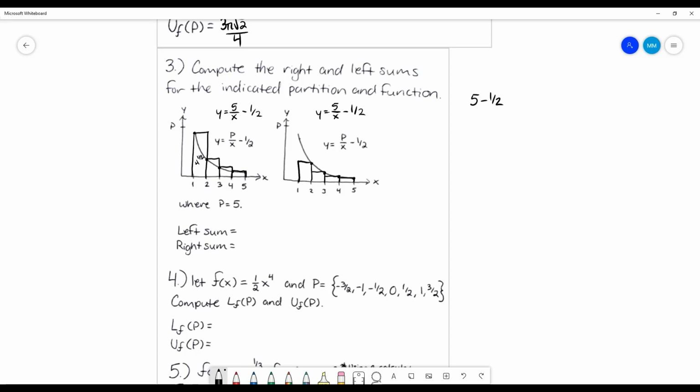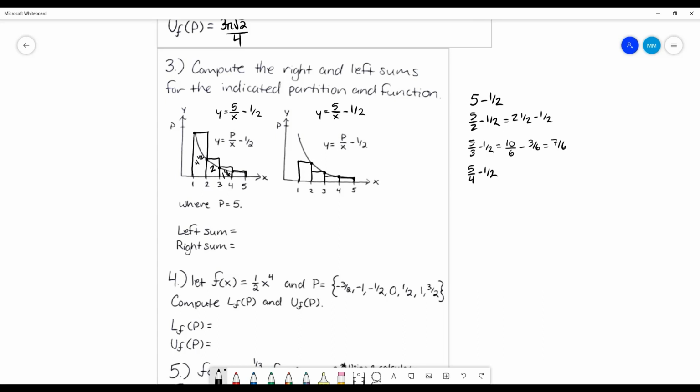This next one is going to be another distance of 1. And that height is going to be 5/2 minus 1/2, which is 2.5 minus 1/2, or just 2. Next up, another distance of 1. Now the height is 5/3 minus 1/2, which is just a little trickier to work with. I'm going to find a common denominator there, so it's going to be 10/6 minus 3/6. It's going to be 7/6, or 1 1/6. And then this one is another distance of 1, a height of